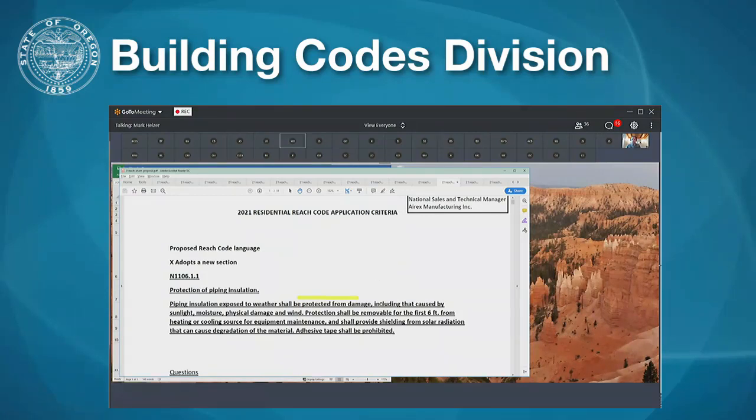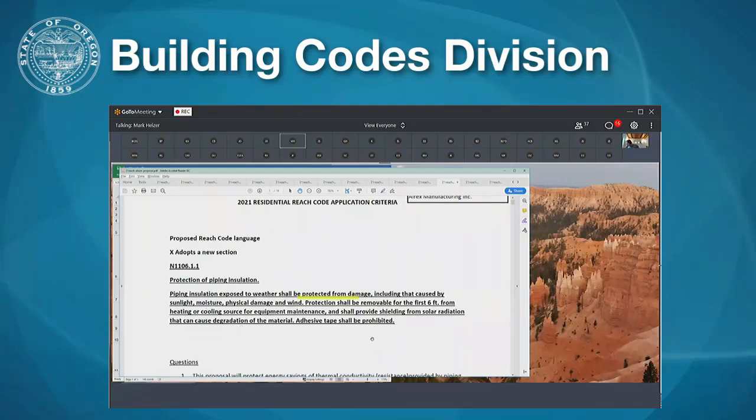Any questions about this piece? We did want to point out that the original model code language about adhesive tape being prohibited was originally tied to everyone seeing the refrigerant insulation that gets cracked and nasty outside and not allowing adhesive tape to be that protectant. This is more something that might go to the mechanical board and the residential board, sort of outside energy, but he does provide some background on this, and we will be looking at that in more detail. Sorry, Howard can't get on board now, but if people have any questions, please raise your hand or chat.